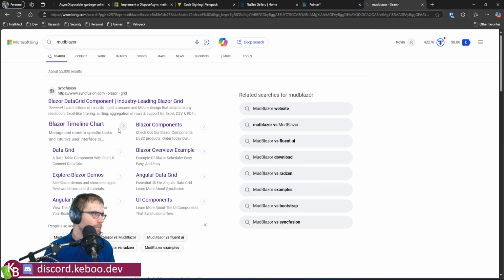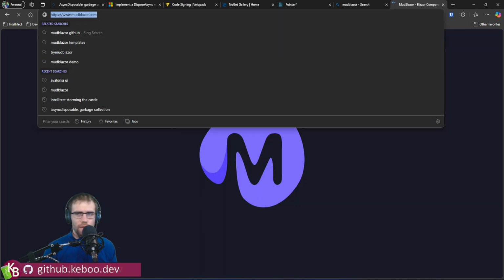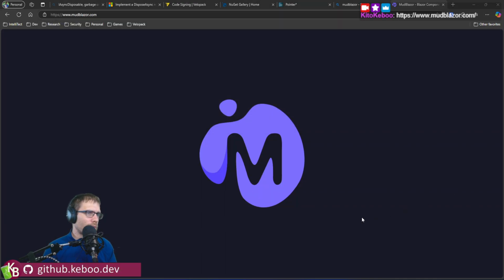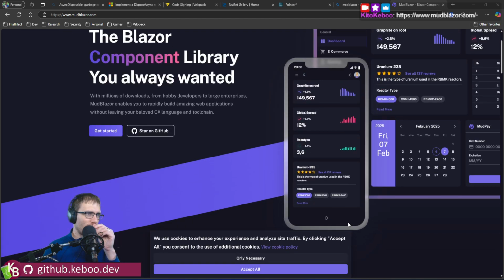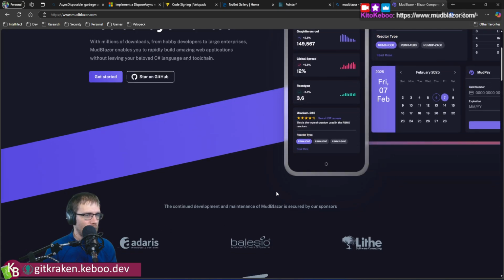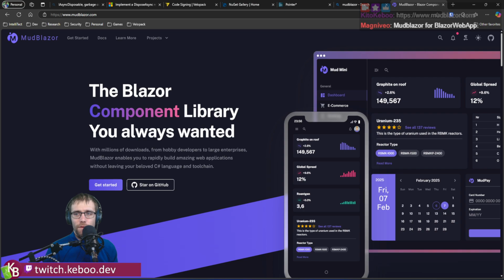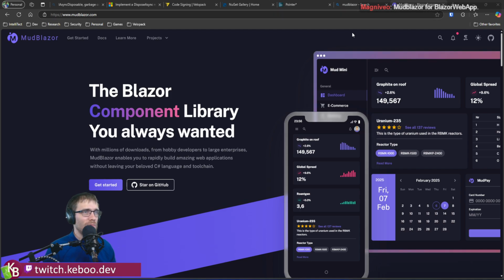That's not MudBlazor, that is Syncfusion. This is MudBlazor. Some of it was as a way for me to go through and learn more Blazor stuff because I wanted to feel like I was making progress with it, and MudBlazor looked cool, and I was like, sweet, this looks pretty. Let's plug it in and see how it works. Yeah, for Blazor web app. Exactly. And so it made a person like me feel like I was being very productive and built something,